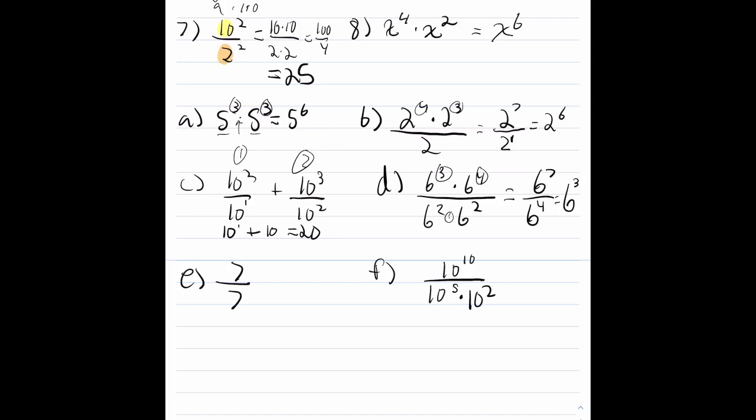Alright, E, 7 over 7. Don't forget, that just equals 1. You're dividing the same thing by itself. And then this one here, be careful, don't multiply the 5 and the 2. This is 10 to the 10 over 10 to the 7th. You want to add these exponents using the product rule. And then this, of course, will be 10 cubed,